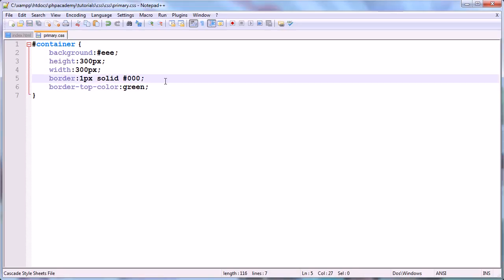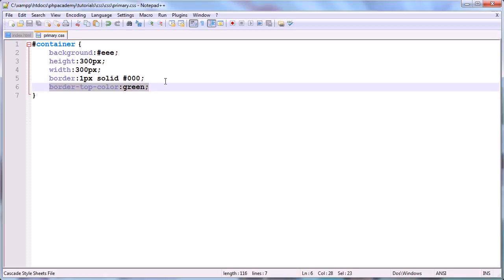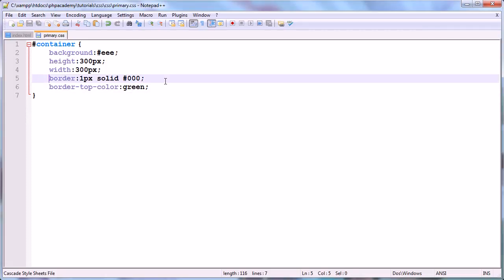So what you would do is, let's say you give it an overall border, which you'd most likely do. You could then go ahead and specify individual properties after that, and because we're cascading down, we set this property first, then this overrides this, and not all of it, it will just override what you specify. So now we'll see that we've got a 1 pixel border around the whole thing, we've got a solid border